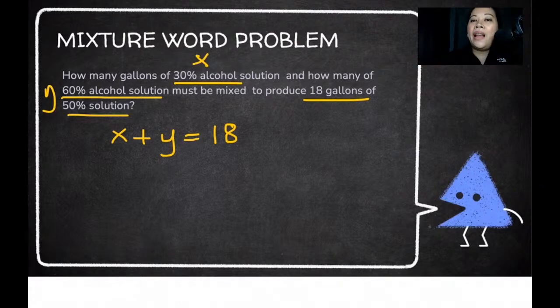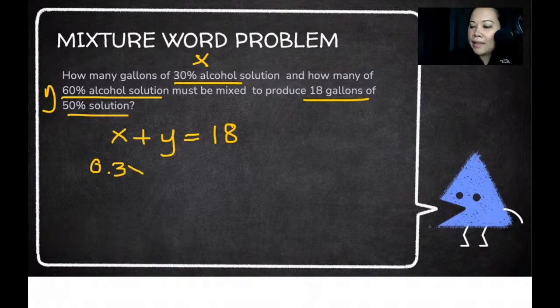Do remember that I let my x be the 30% alcohol solution and my y will be the 60% alcohol solution. Okay, so x and y. So now what would be my other equation? The other equation would be